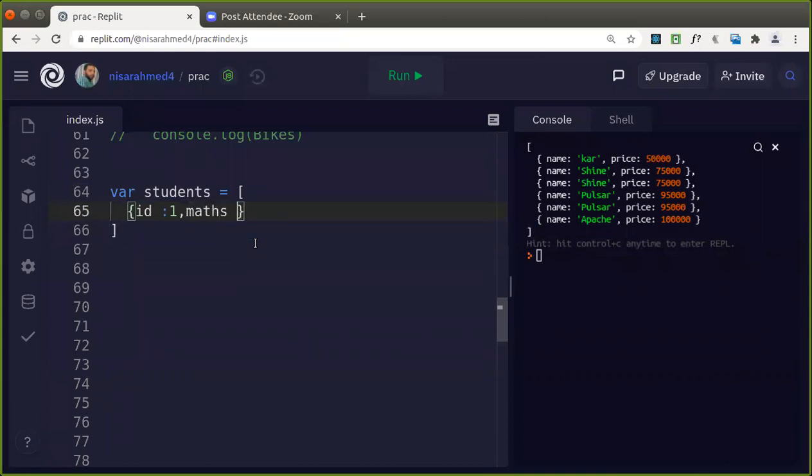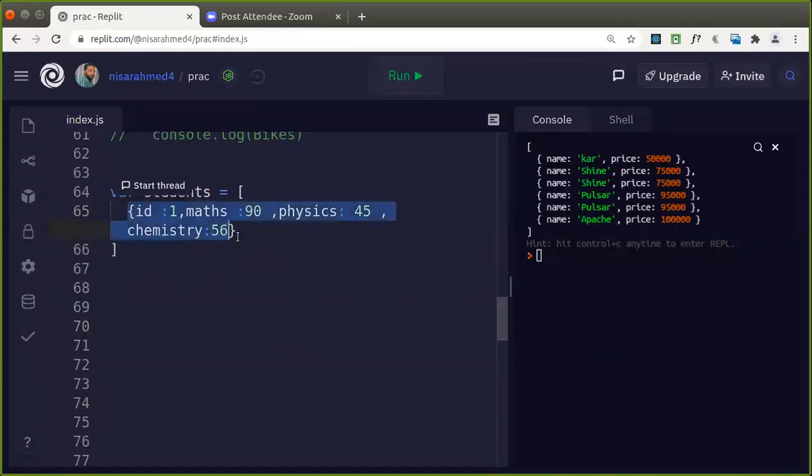Like I'm taking maths marks 90, then physics, then chemistry. This is for one student, isn't it?